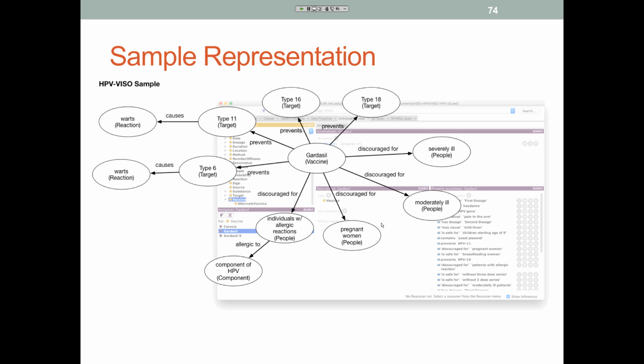Basically, to design an ontology, we need design patterns. For the basic VISO ontology, we already designed a few different patterns, but we found that there's something specific for HPV, so we expanded those patterns to create new patterns specific for this HPV vaccine.